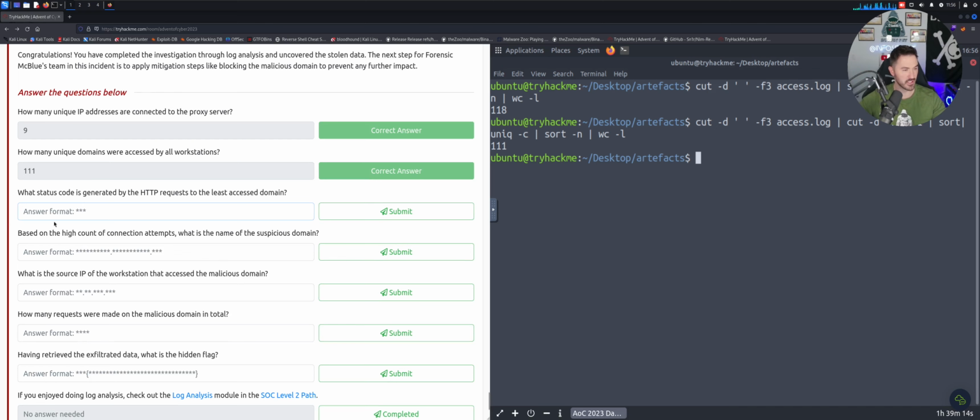All right, so let's see. What is the status code? What status code is generated by HTTP requests to the least access domain? The least access domain. Freaking no. All right, so I guess we'll find out. So it's going to be,